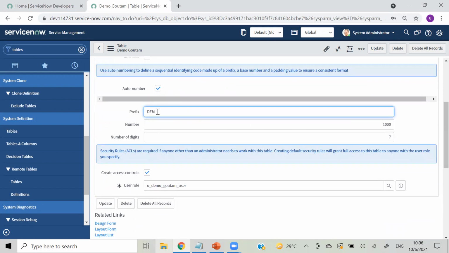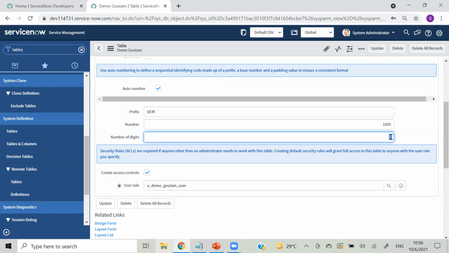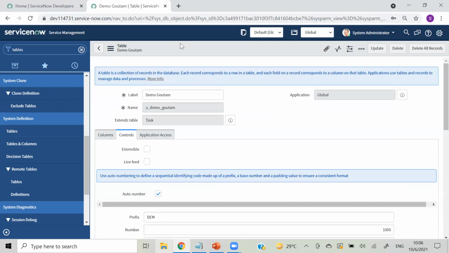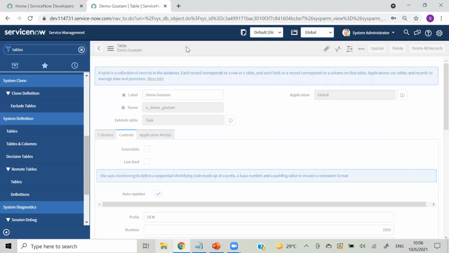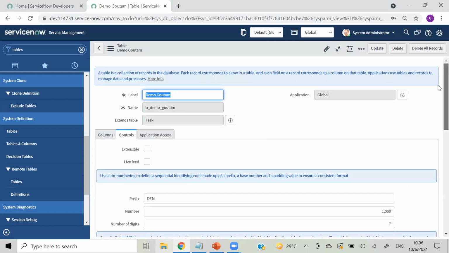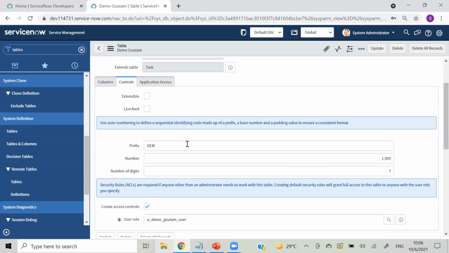So all my tickets will start with DEM, and those numbers will start with 1000, and will be of 7 digits. Let me save because I have clicked on that auto number. So by default we have this prefix.